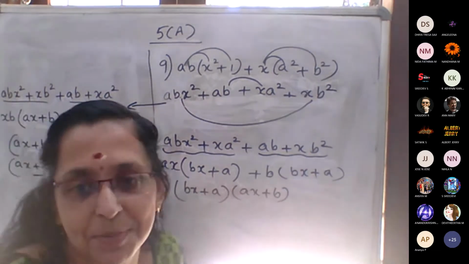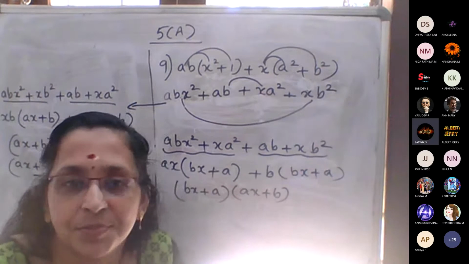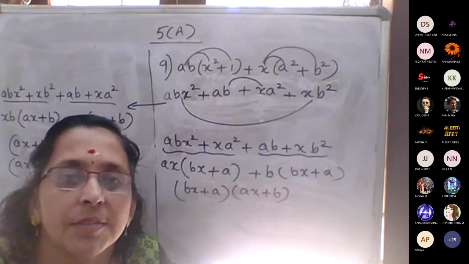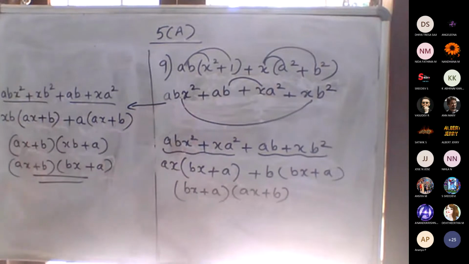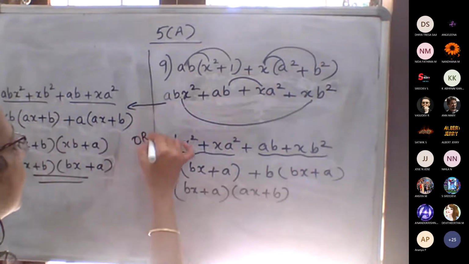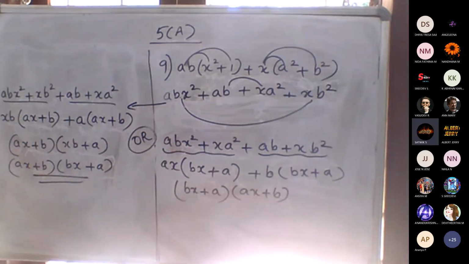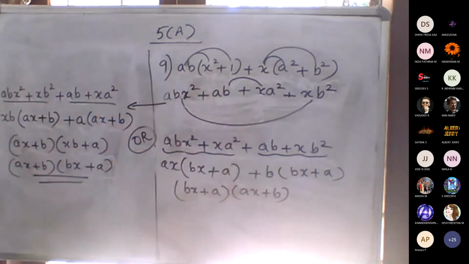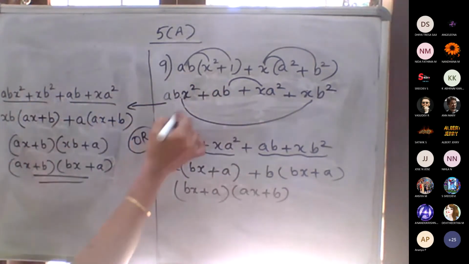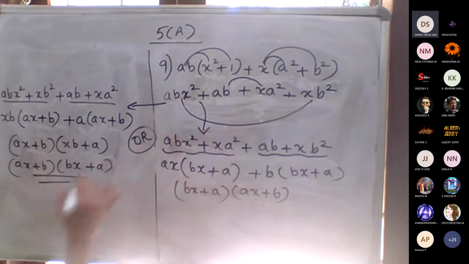Sometimes only it will happen, not all the times. Understood? Yes, ma'am. So either you can do this way or this way, any one. If this is not needed, you can write this only. Those who need it, only after this you can do this third.